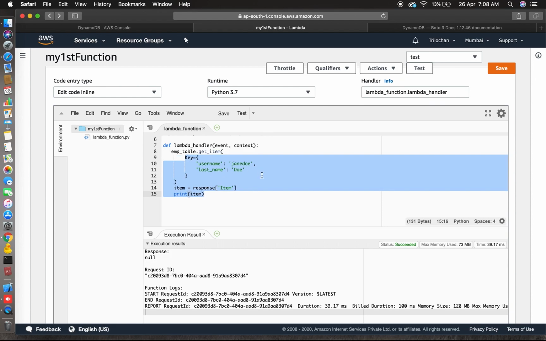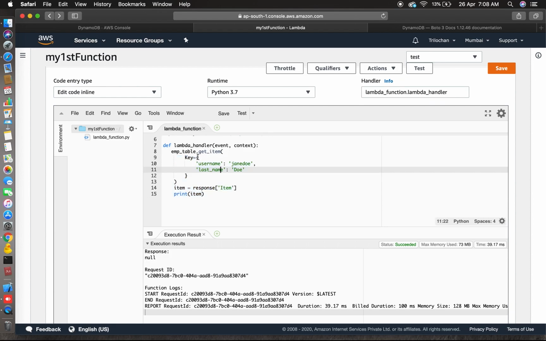We'll change the keys here. Our first key is employee id, and the second key is our employee email, emp_email.